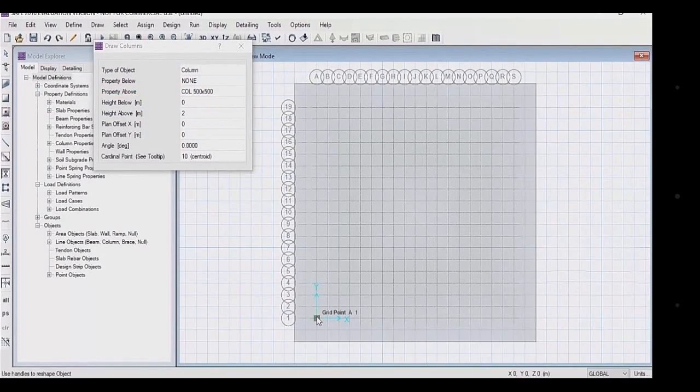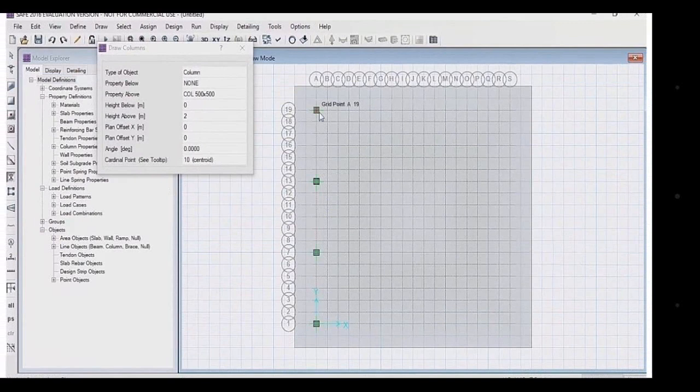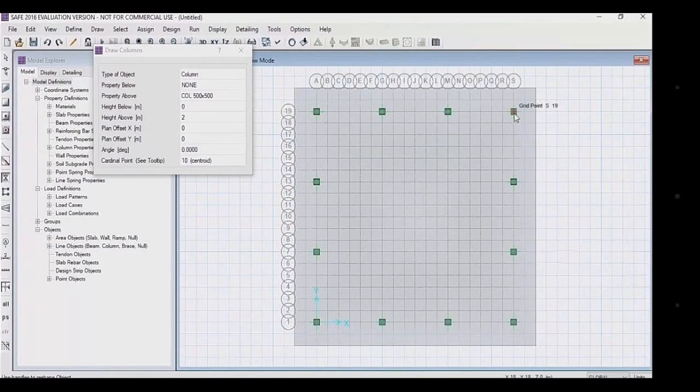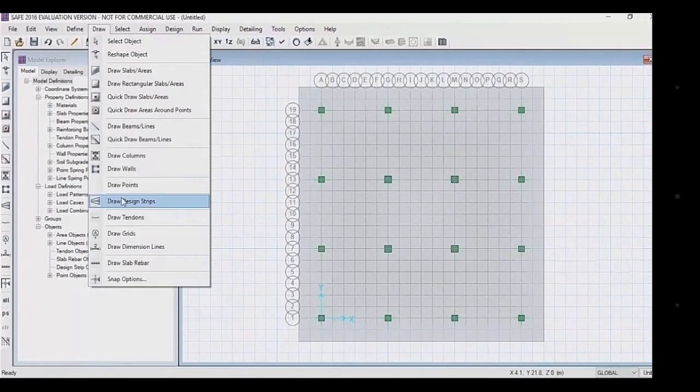Now place the column, and the grid helps you in placing the column. Place the column which has the property column 500 into 500 according to its distance. All columns are placed. Now we have to place column 600 into 600. So change the property above to 600 into 600, then place the columns.